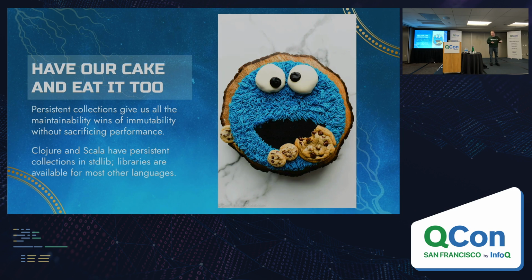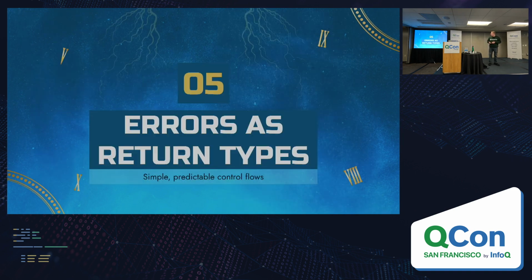And after it's done with it, it can go grab a new reference to the collection, which might have been updated somewhere else. But again, that one will be immutable, and we don't have to worry about it being modified from underneath this either. So Clojure and Scala have these kinds of collections built right into their standard library. But every other programming language that I've looked into has great libraries available on GitHub for this, and they're usually pretty well consumed and battle tested.